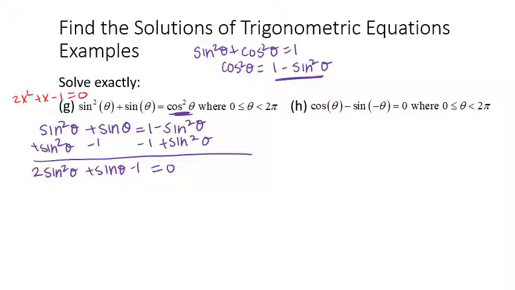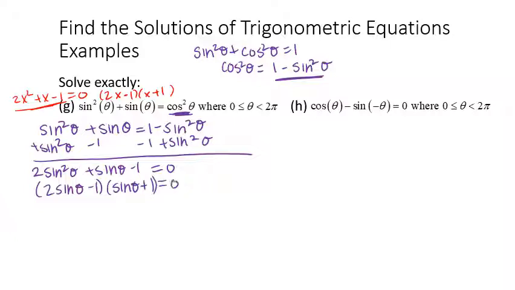So I can factor that. If I go and do it this way, you'd see we get 2x, x. This would have to be plus 1 and minus 1 for that to FOIL out into that. So this is going to factor into 2 sine theta minus 1, sine theta plus 1